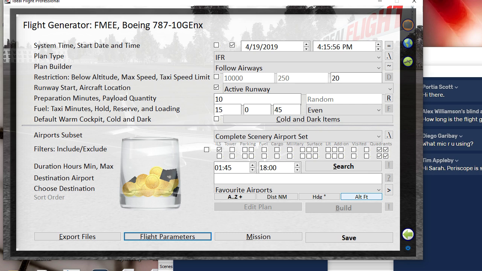Yeah, I like that it'll start the simulator paused. Like it'll start your flight plan paused, then you unpause the sim and